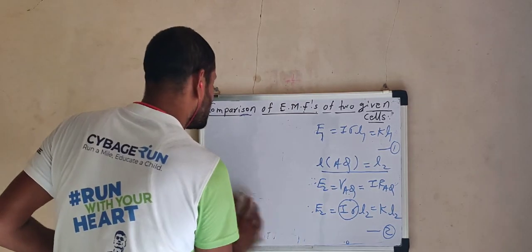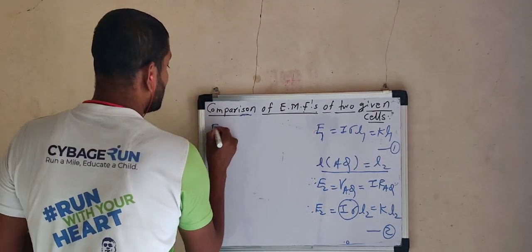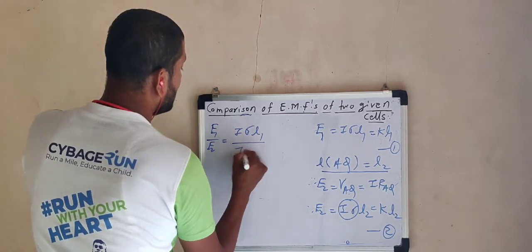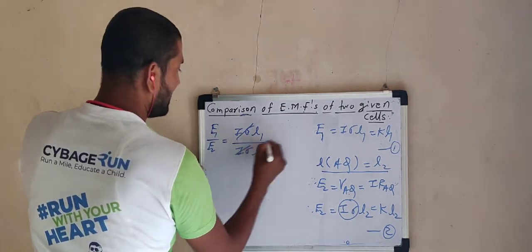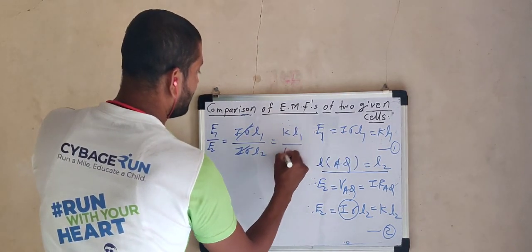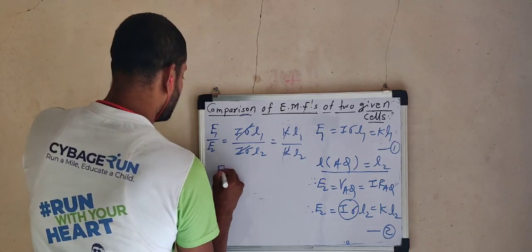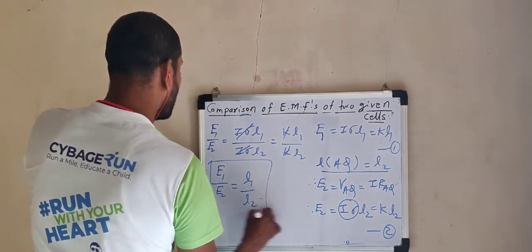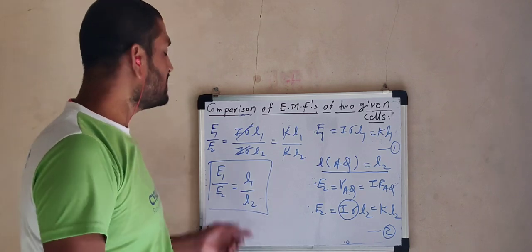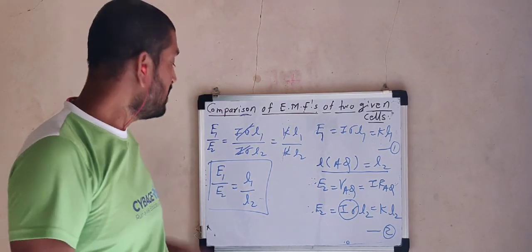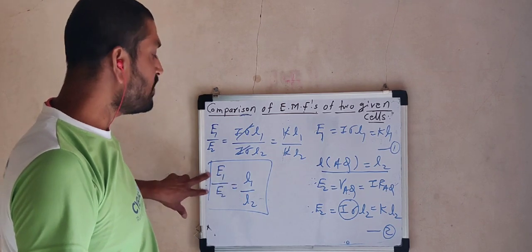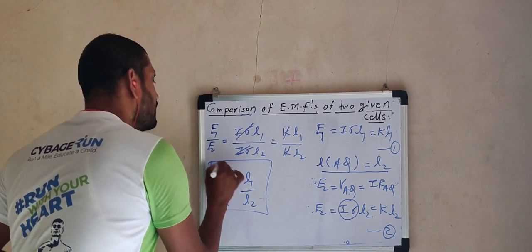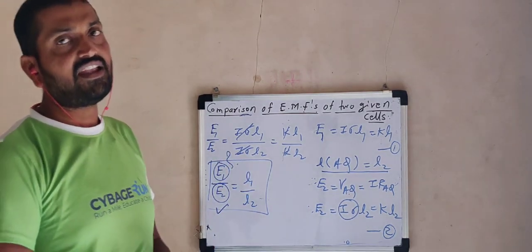Now once these two equations are obtained, I don't think there is any difficulty. Now we will get the comparison of EMF. Dividing equation one by two, E1 upon E2 is equal to I sigma L1 divided by I sigma L2. So I sigma gets cancelled, or you may consider the second form, that is KL1 divided by KL2. Here also K cancels, and hence E1 upon E2 is equal to L1 upon L2. This is nothing but the comparison of EMF of two given cells by the individual or separate method. Once we measure the balancing lengths, we can compare the EMFs. Or in case the EMF of one of the cells is given, suppose E2 is given, then the unknown EMF can also be calculated.